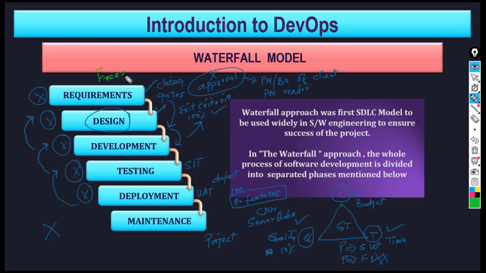This is also one very important criterion. Nowadays, if your project is a 1 year project, and you have frozen the requirement in the very first month, that is what happens in a waterfall model. You have to freeze the requirement. Your requirement does not change within 1 year. And 1 year in today's software development, when there is AI and so much competition, some other vendor or company is going to produce the same features, or better features, within 1 month. Somebody has developed the same product within 1 month, whereas you are planning for 1 year.